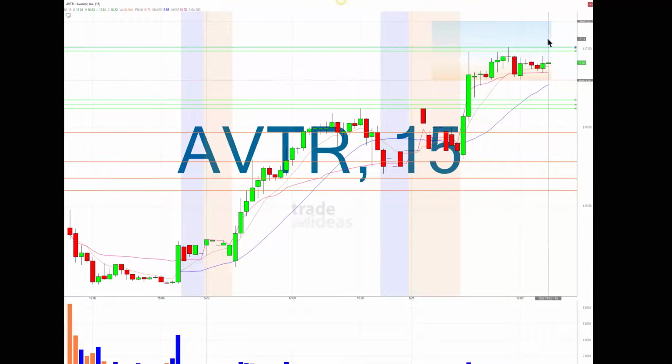I would like to take it again, and then we'll see how well it closes. If it closes near the high of the day, see, this is what I didn't like towards yesterday, so I said, I don't want to hold it. For me to hold the stock, it's got to close near the high of the day. Everything else is great. I mean, obviously, if it closes near the high of the day, there's no resistance because